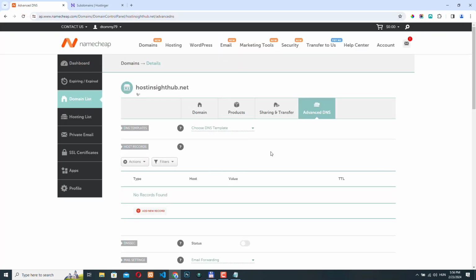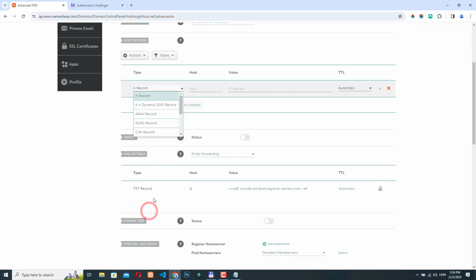By the way, if your domain name is not registered with Namecheap, the process is basically the same. You need to find where you can edit your DNS records, and here you will need to create an A record. So here I'm just going to click add a new record. I'm going to select A record,